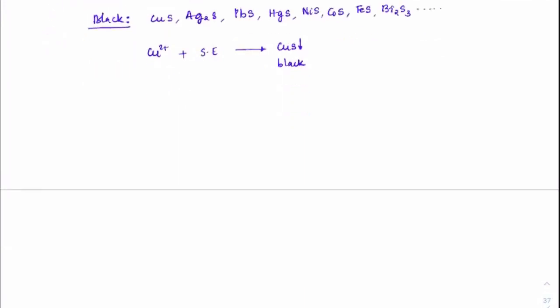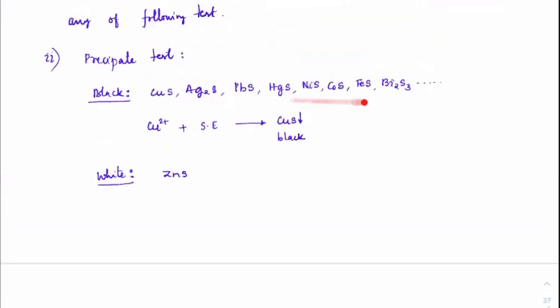Okay. The other way is I can get a white precipitate also. Got it? The only white precipitate which will form is that of zinc. This will also help you understand the entire inorganic reactions in salt analysis. There you anyway have to memorize which of them are black and which are white. So from here only you start writing the list. Got it? These are all the black sulfides. There is only one white sulfide, which is zinc.